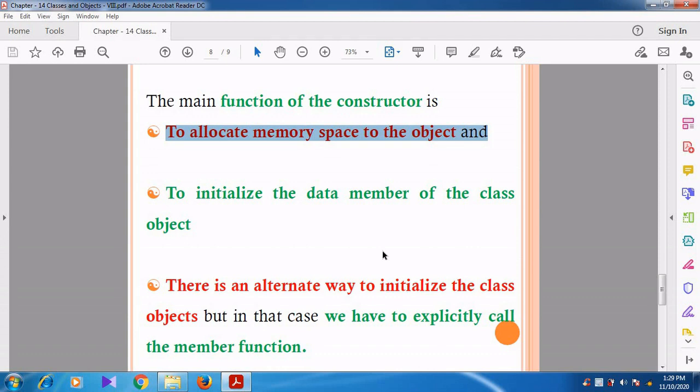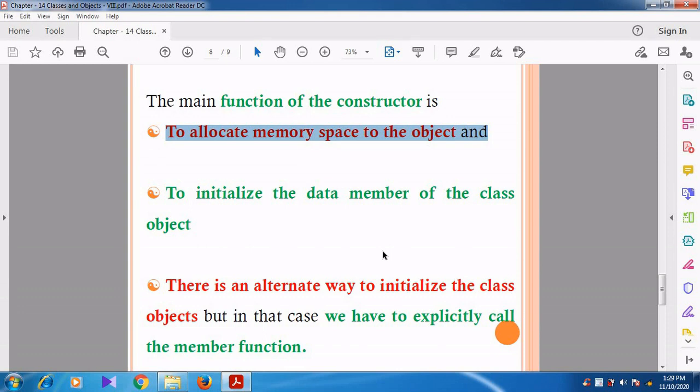For example, we are creating the class sample and the object called S. So Sample S: here S is called the object, and Sample is called the class. Whenever we declare the object, the memory space is not allocated. The memory space is allocated only by the constructor.